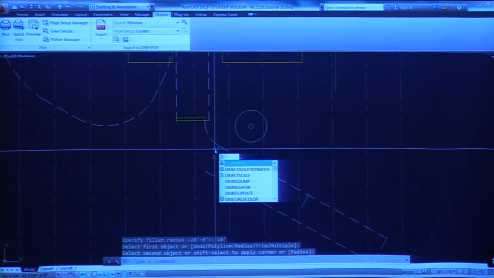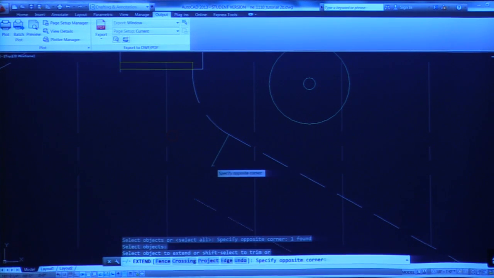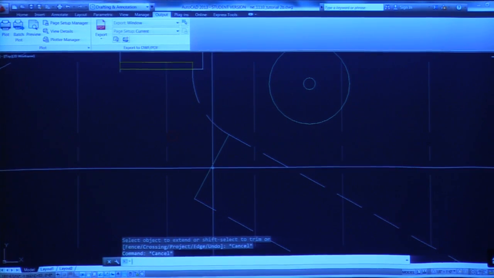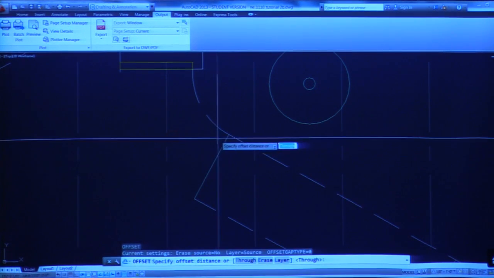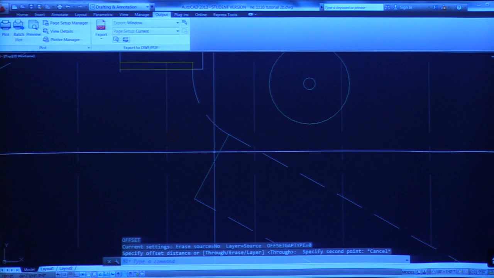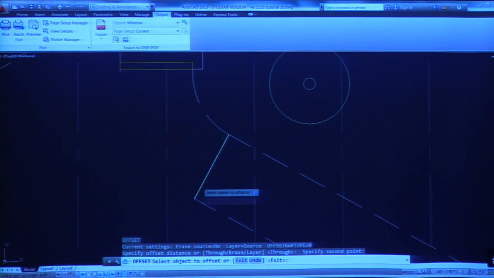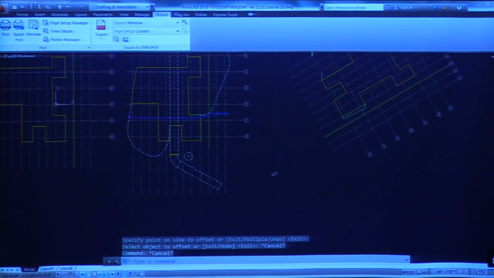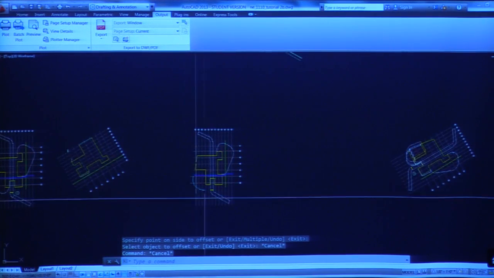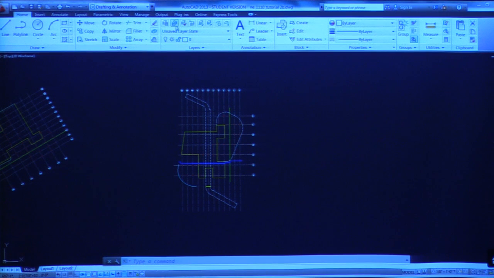And then if I offset that, and if I extend this line to there, and I offset this the same distance, it's going to give me that curve in the right position, and it's going to make a nice smooth transition. So the other way I can apply that, I'll show you in this version,